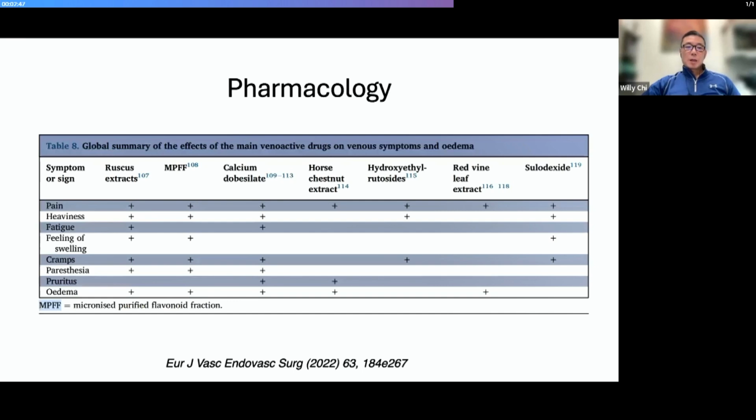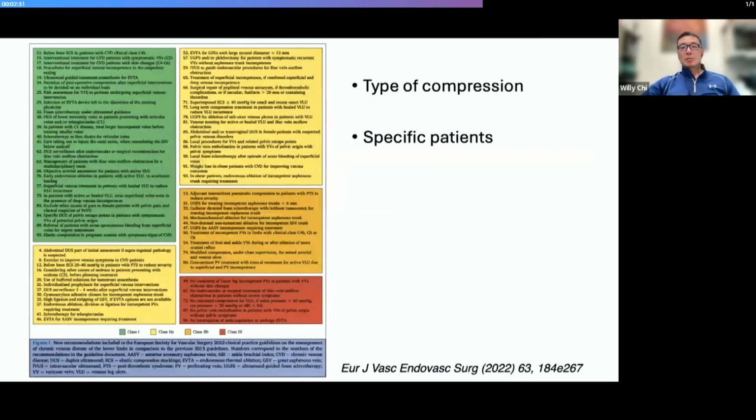and pharmacology. Are there any particular populations with particular characteristics that will benefit from a particular medicine for venous disease versus another? And the type of compression. What type of compression will be right for a very specific patient? Because right now, currently, all we know is that patients benefit, but would ethnicity-based treatment be applicable to different types of compression therapy? Well, nobody knows the answer to that.